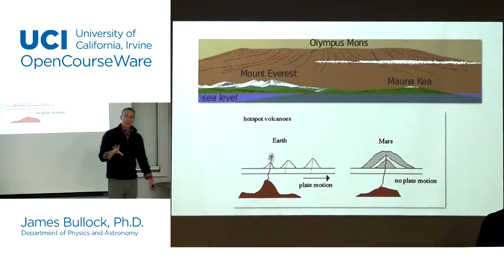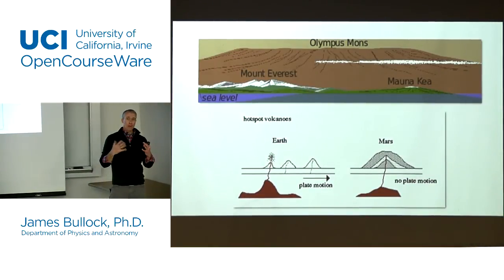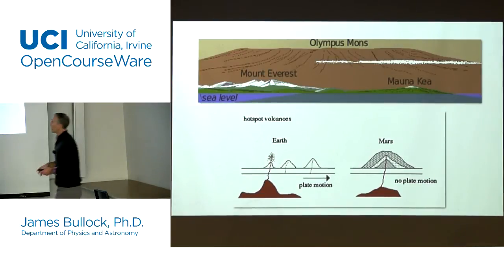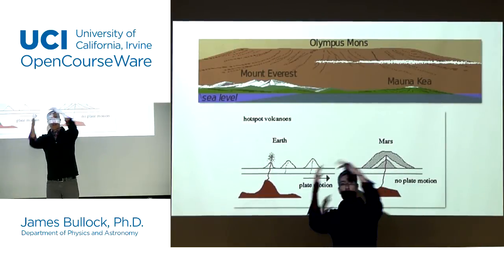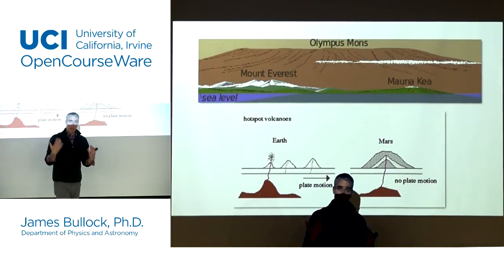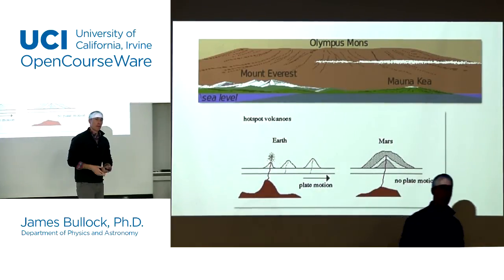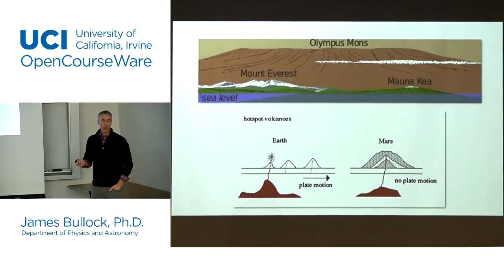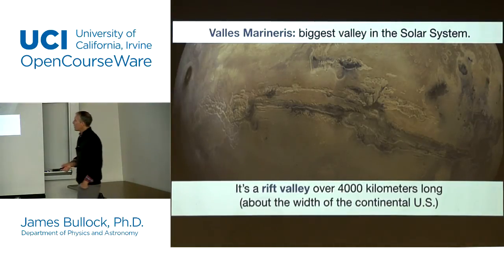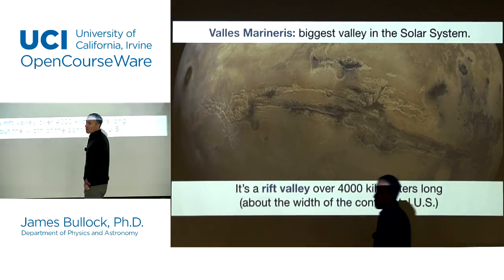The other thing that's important about the surface of Mars is the gravity is weaker. On the Earth, if you build a mountain too tall, eventually it'll become unstable just because of gravity, and it'll topple over. On Mars, the gravity is weaker, and so you can have much taller mountains. Anyway, this is just an incredible feature on the surface of Mars, and I'm sure there are people who study Mars who would love to send robotic probes to explore Olympus Mons as a potential site of exploration. The other thing that Mars has is gigantic rift valleys.